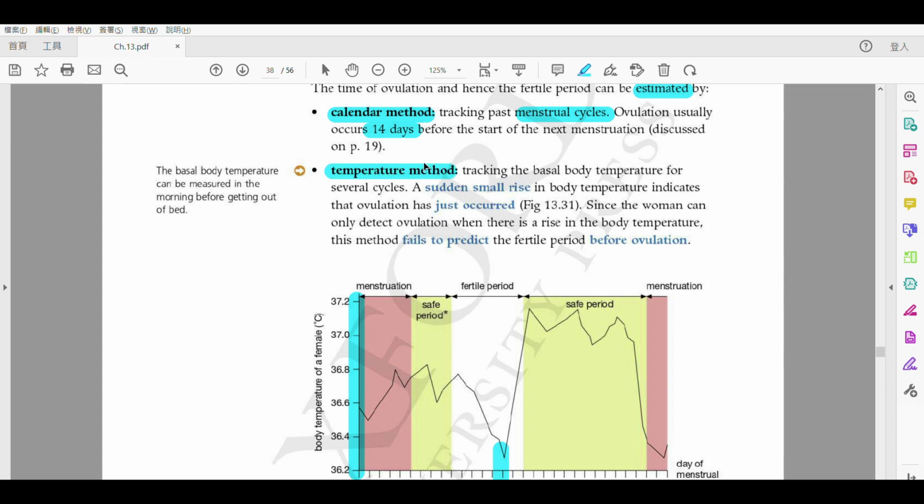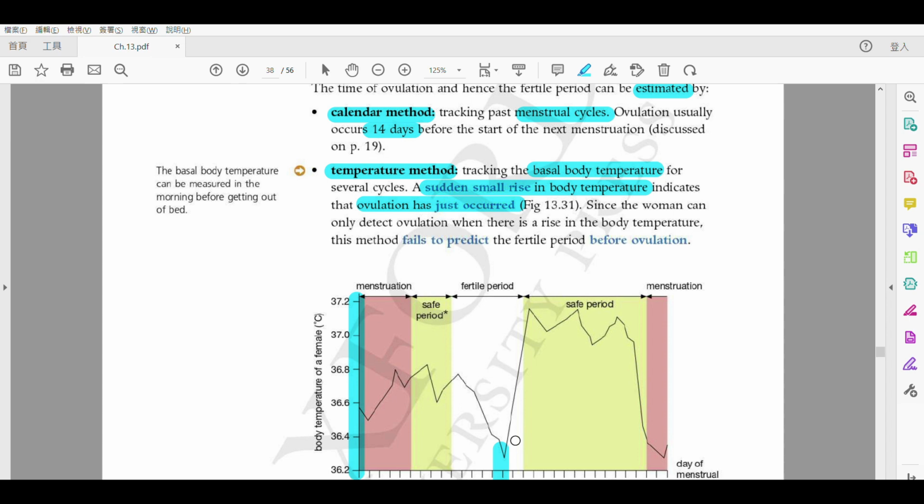咁 temperature method 係咩嚟嘅咧？就係關於你個溫度啦 alright? So every day in the morning, OK 只可以寫啊 in the morning, you check your basal body temperature. 簡單嚟講就係你嘅基本體溫啊 alright? 你每一日朝早嘅體溫啊 for several menstrual cycles. And then if that day 嗰一日 there is a sudden small rise in body temperature. 突然間 there is a small rise, then that means ovulation has just taken place. Okay? 只係嗰一日啫。So as you can see, ovulation takes place here, day 14, right? And then your temperature rises.